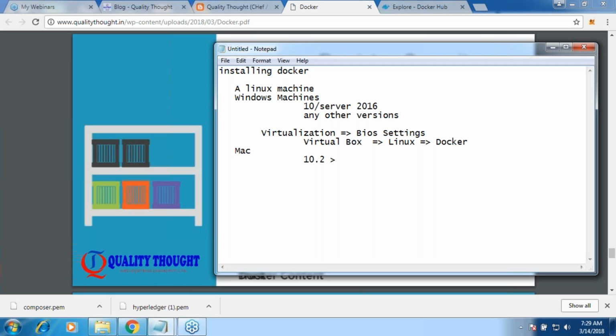Not to sound very complicated, let us try to create a Docker on Linux machine. So I don't have a Linux machine over here. I'm using Windows 7. Okay, one thing is I can create a virtual machine. Okay, I don't want to do that. I want to create a machine in the cloud. So I'll be creating a machine in AWS cloud. Okay, so we will be looking at how to create that and how to install the machine.